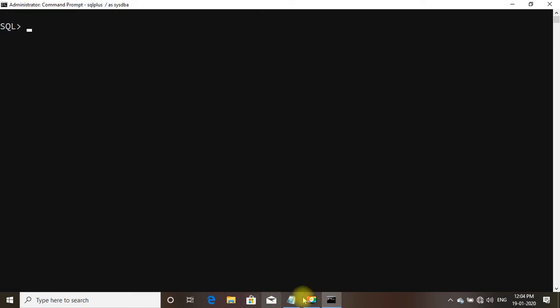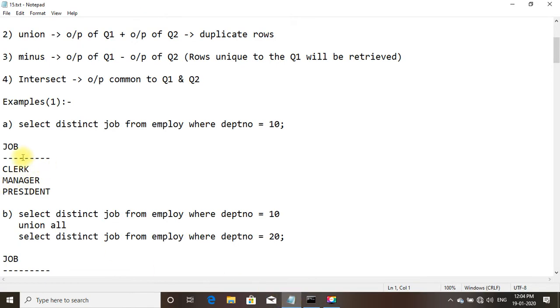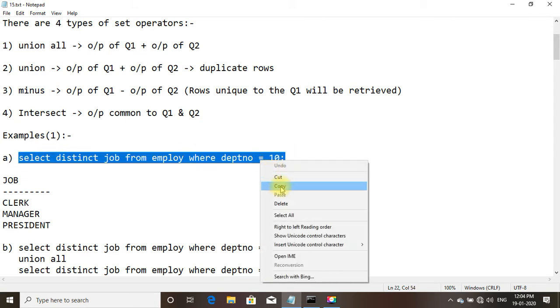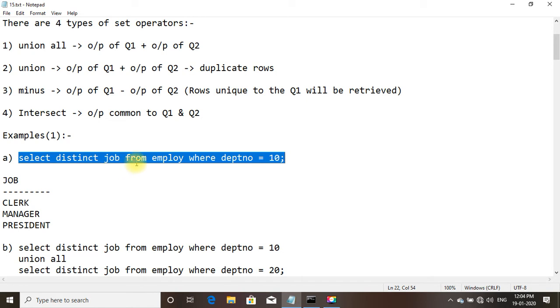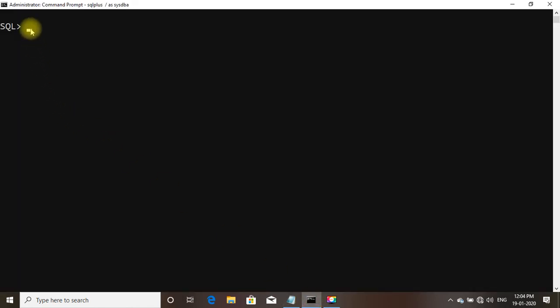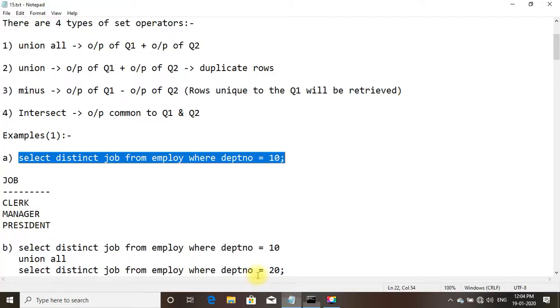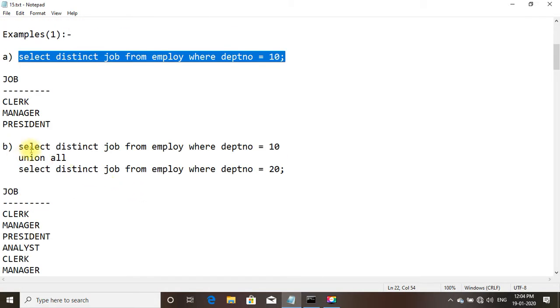Let us try the first example. So now we shall see these examples. Select distinct job from employee where department number is equal to 10. Selecting job: clerk, manager and president. Now we shall use the UNION ALL operator.